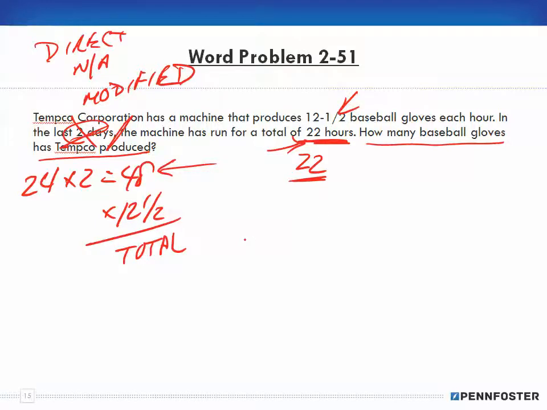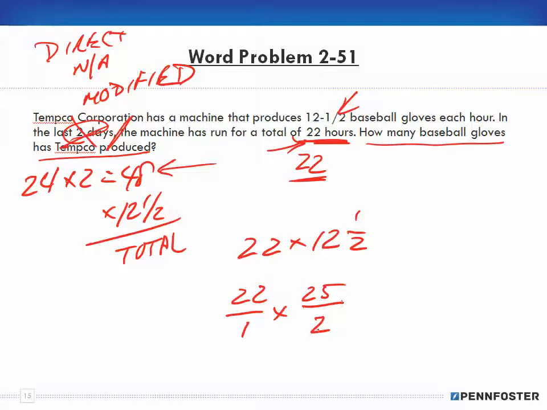problem. So I take my 22 times my 12.5, okay, and I convert these into fractions. So 22 over 1 times 2 times 12 is 24 plus 1 is 25 over 2. I can reduce. 2 and the 1 goes 2, 2 and the 22 goes 11, and then I can multiply